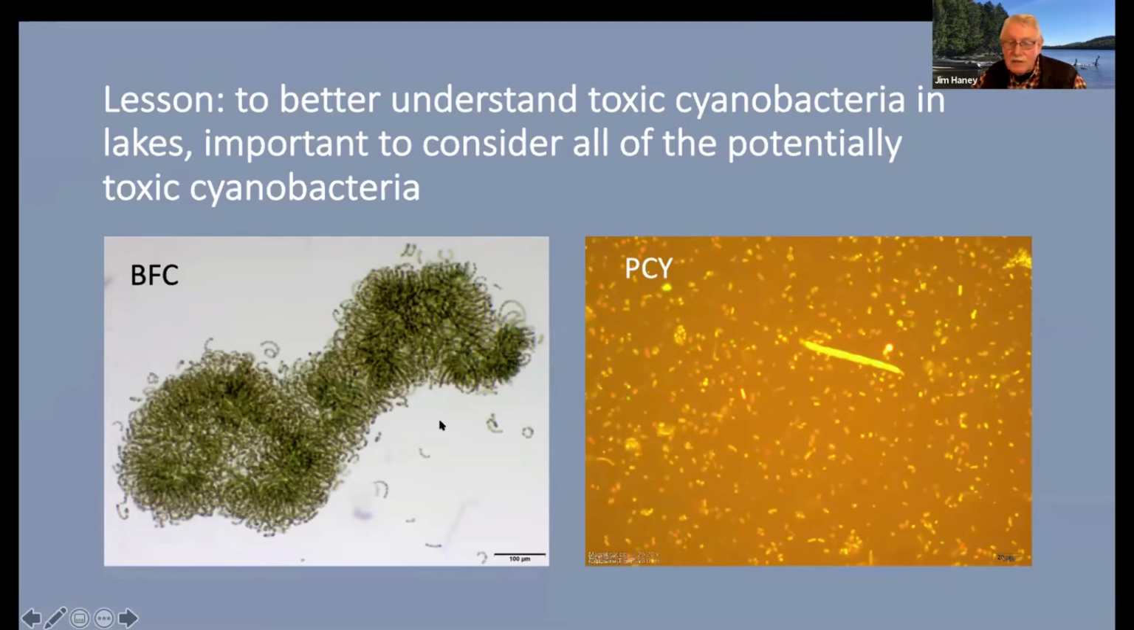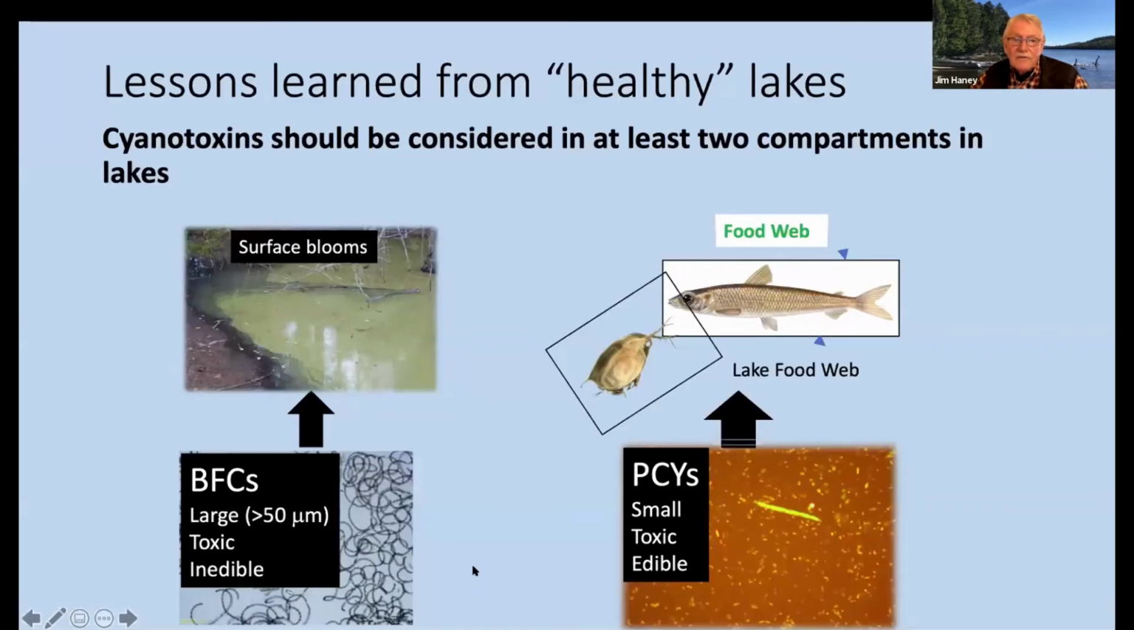Now, this arbitrary size division wasn't really created by us. When you think about it, it was created by the system. That is, the zooplankton in the system divided the world up into those edibles and inedibles. So when we look at it that way, we think the lesson is, if cyanobacteria toxins are going to be considered, we need at least 2 compartments. One is the BFCs, which we know are highly toxic, but not very edible. And the PCYs, which are small, have some toxicity, but are edible,